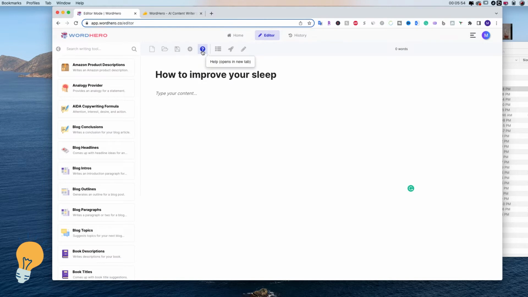This is a help tab. This is the blog outline generator, blog paragraph, and the write more tool. So as I was telling you, the first thing that we want to do once we write the title,